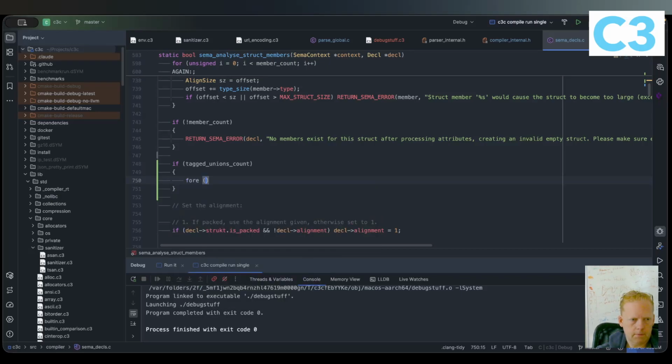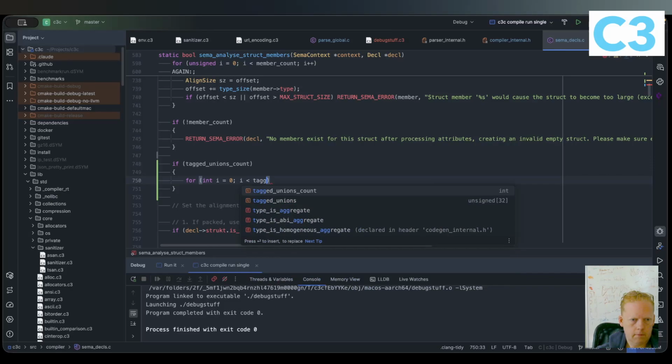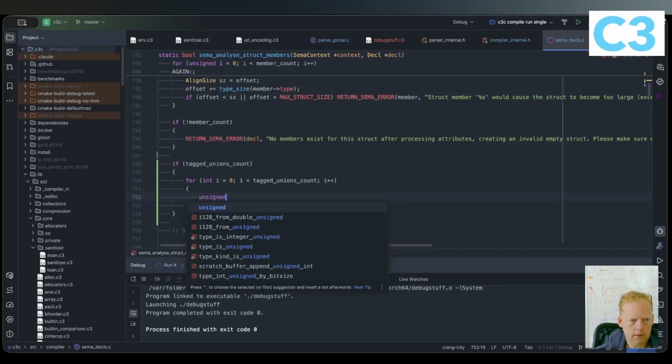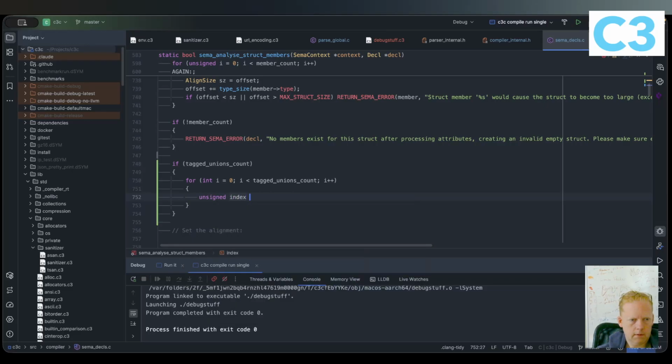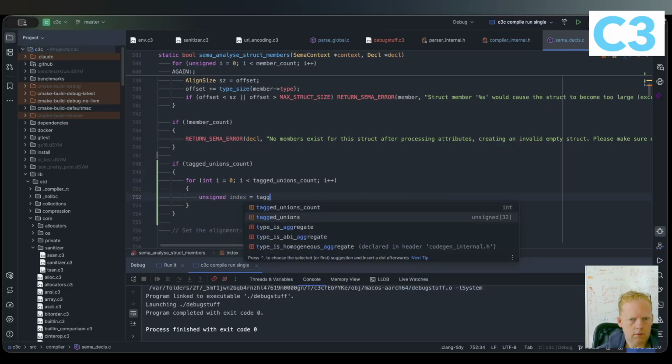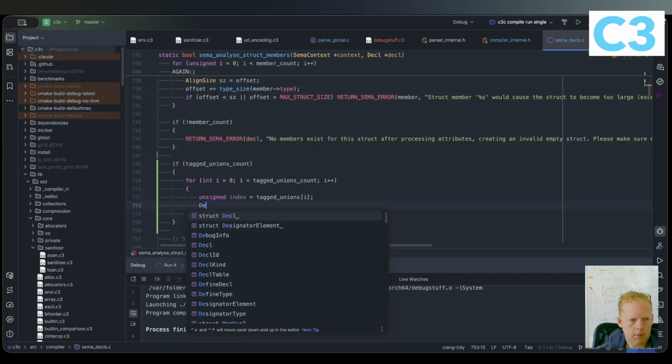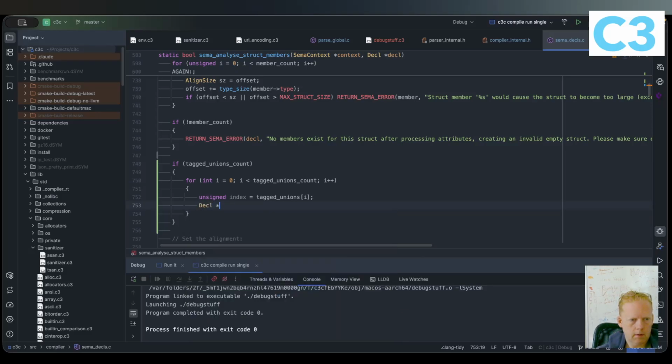We're going to have a loop starting at 0. So we're going to have the index. Index is tagged unions i, and that means that member is going to be